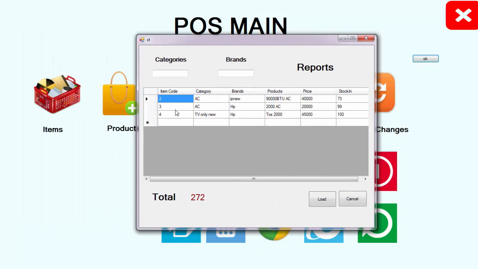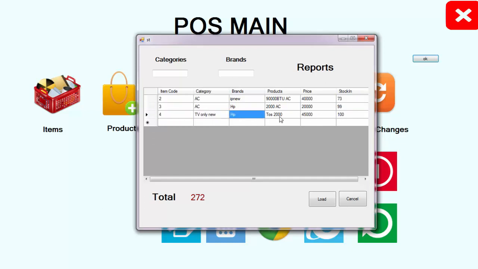Here these are the item codes, this is the AC category, this one is brand wise, this is the product, this is the price, these are the stock available. This category AC, the brand will be this, the product name will be this, and the price will be this, and the stock available is 73.